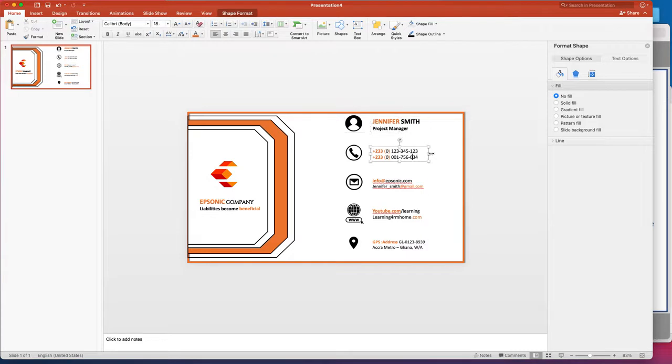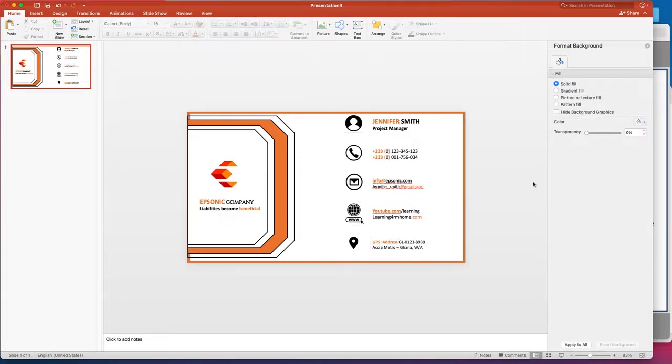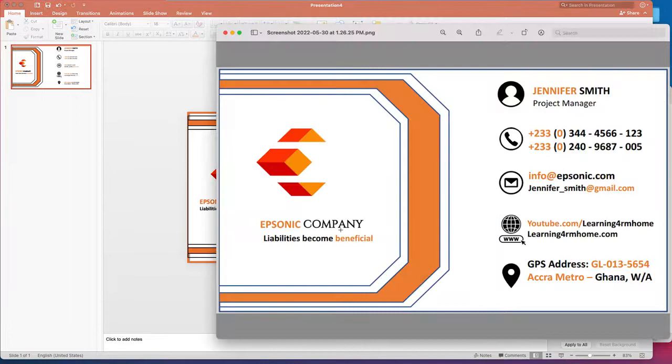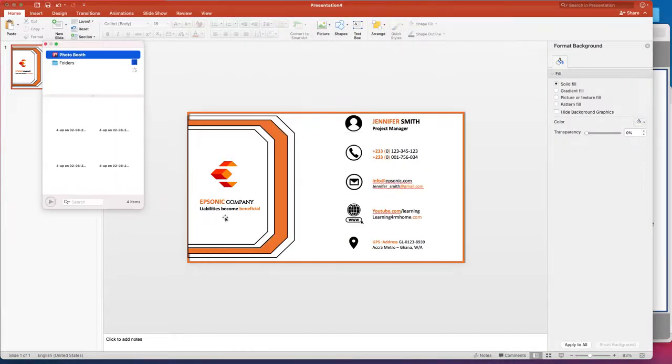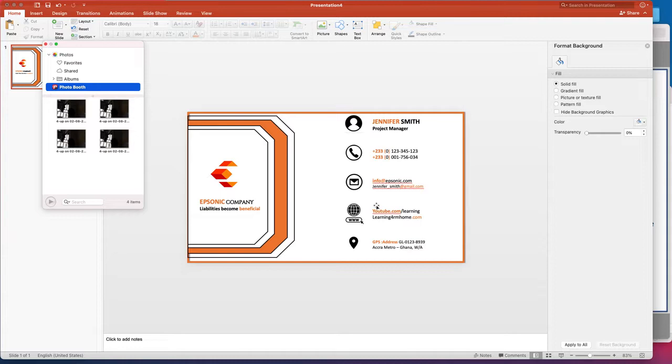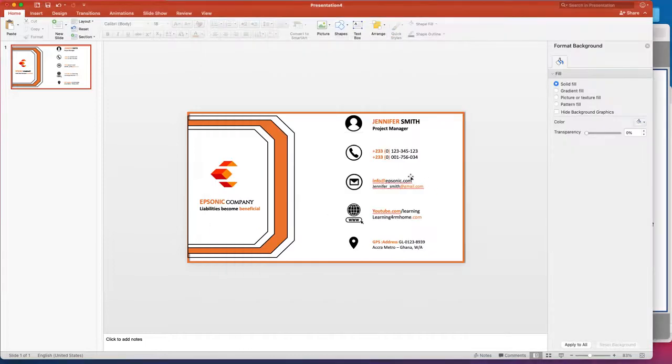Alright, so that is it. So I think with this we are able to design our business card. Okay, so you see now it looks like the same thing as this here, but if you think the text here is too